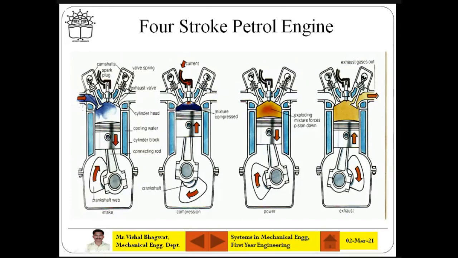Understood? This is also called a spark ignition engine. Why? Because a spark is produced. Combustion is happening because of the spark plug. So, spark ignition engine: ignition is happening because of the spark. So the petrol engine is also called a spark ignition engine. This is basically an internal combustion engine, an IC engine. Internal combustion, because combustion is happening inside the cylinder, inside the power plant. The type is petrol engine or spark ignition engine first.